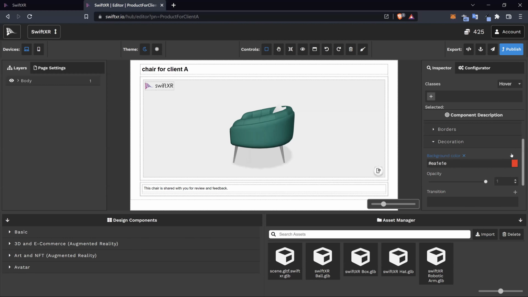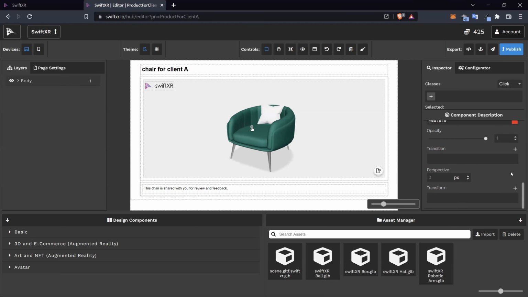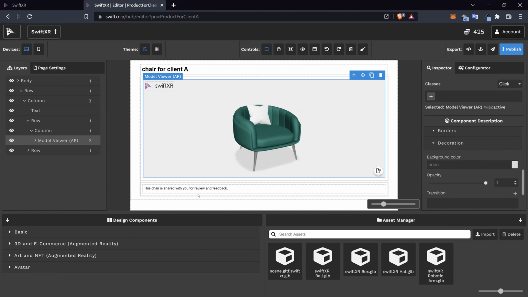And same thing as well goes for the click state as well. So we can change the background color for when we click to, let's say, maybe a green, and we should. So when we deploy this, it should definitely work for us. And one other thing we can do is you can add more components from the design components